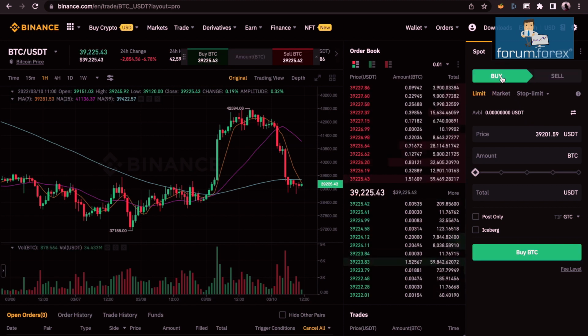Now if we switch back to the buy part of it, you get to see the limit, the market, and the stop limit. So first of all, the limit. So we are going to look at the limit and the market, all right? Because the stop limit, you can still do that later on when your trade is already running. So on the limit part, it's you setting the price at what you want it to be. All right, so